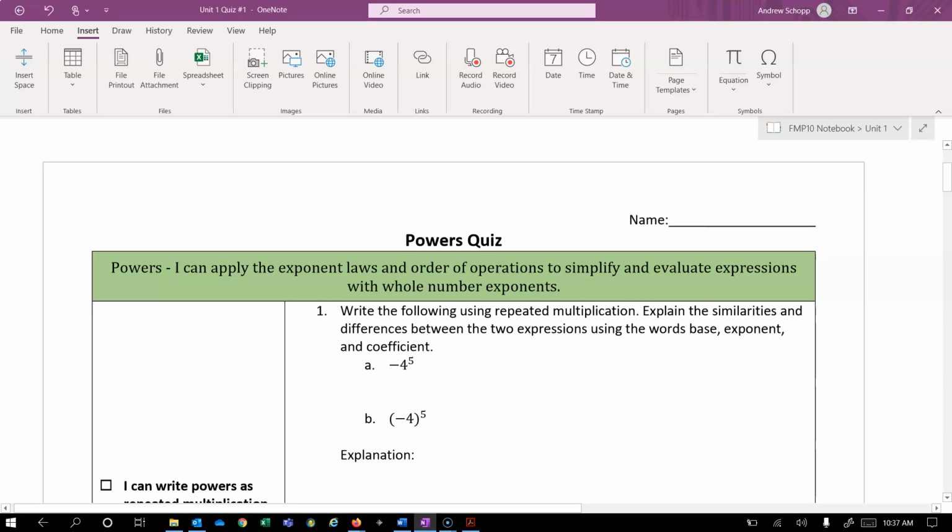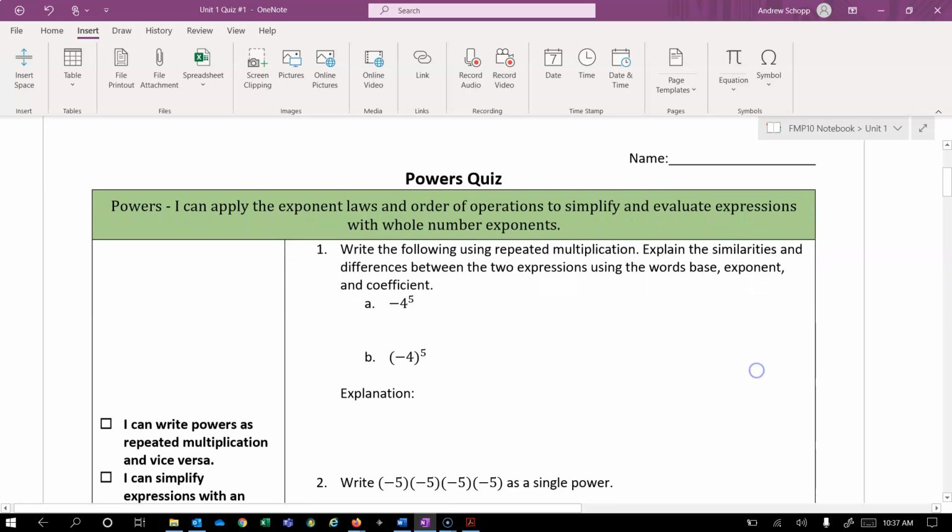So, number 1, write the following using repeated multiplication. Explain the similarities and differences between the two expressions using the words base, exponent, and coefficient. So for 1a, we have this negative in front of 4 to the power of 5. So the negative is not a part of the base. It's not going to be repeated 5 times. We're going to have the negative of 4 times itself